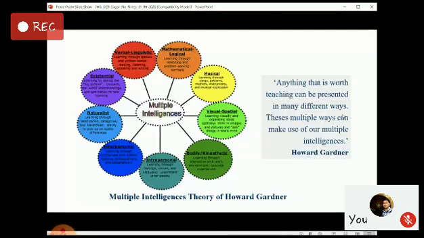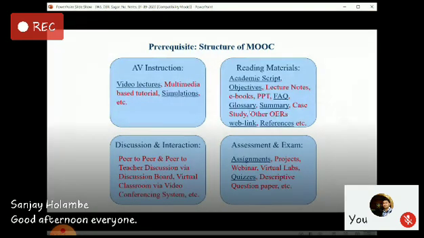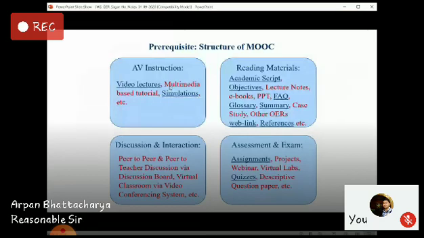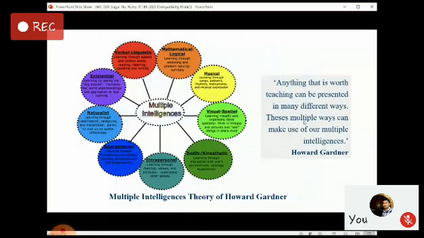Yes, it is very reasonable. So why do we need different modes of medium? I can say my thing in video medium, but I am also placing an academic script, and so many others. Along with video, I am also placing a multimedia-based tutorial, and so many other things along with it. So again, we can refer to